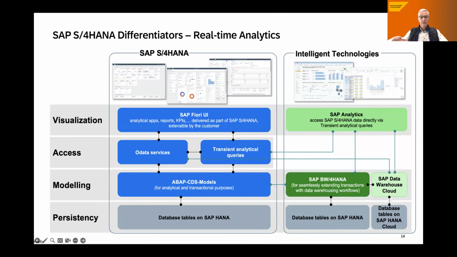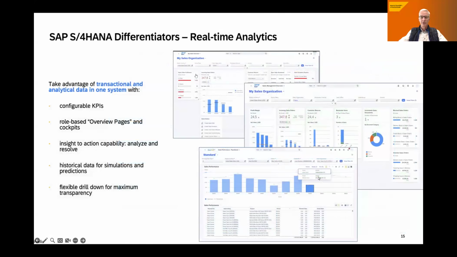Well, of course, together with our new user interface, which I'm coming to in a minute, our ambition for analytics in S/4HANA is to make sure that our users, our end users, are being directed to those areas in their daily work where their attention is needed. And that is what we achieve with our analytics tools, with our real-time data processing. And next slide, please. Of course, to a certain degree, also with the intelligent technologies that I'm coming to in a minute.